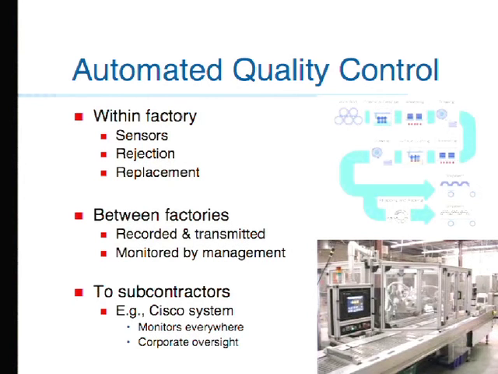And this can be within the factory or between factories. Cisco Systems monitors all its subcontractors of all the things it makes. And not only does the feedback go to the managers of those factories and those firms, it comes all the way back to Cisco's headquarters. So they're tracking everything all the time. As a very computerized, computer-savvy company, they've had this automated for quite a while. And again, it's a way of quality control and also production time control.